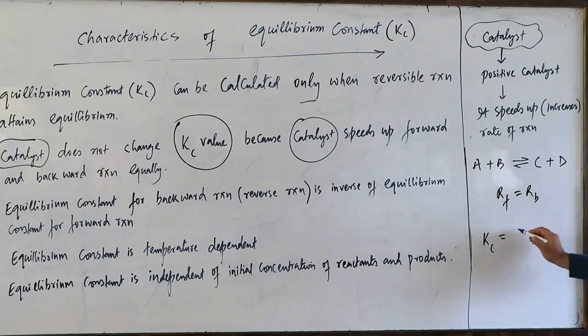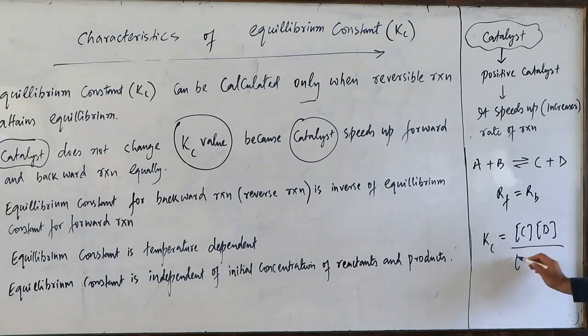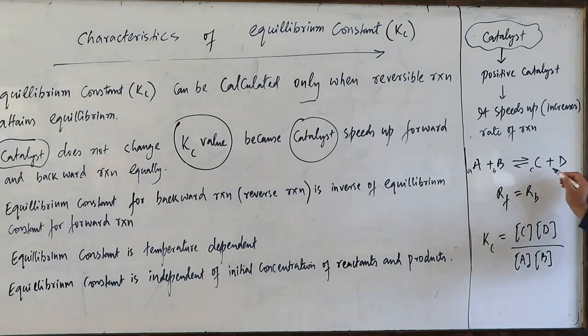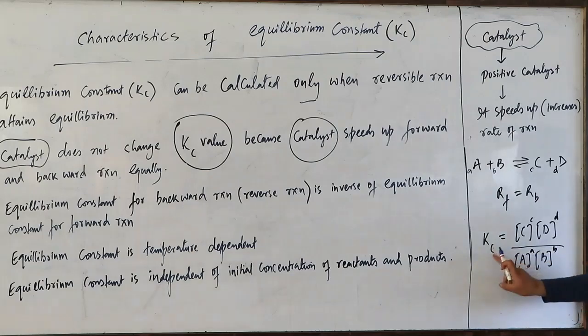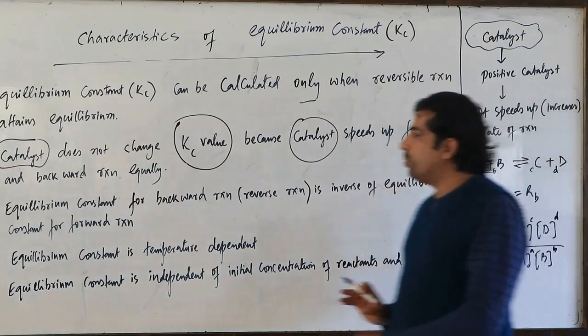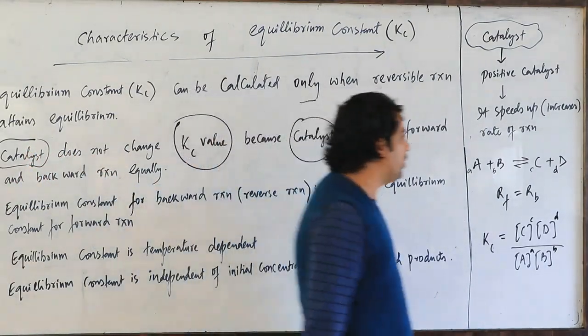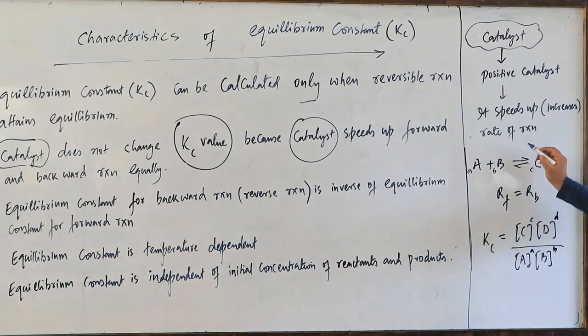Kc value will be molar concentration of products divided by the molar concentration of reactants, with stoichiometric coefficients a, b, small c, small d. These are the stoichiometric coefficients. So this is the Kc value. What I am going to do, my dear friends, I am going to bring a positive catalyst. If I put a catalyst here,